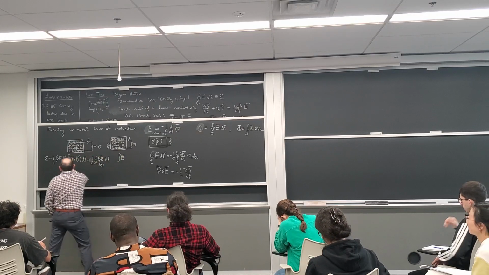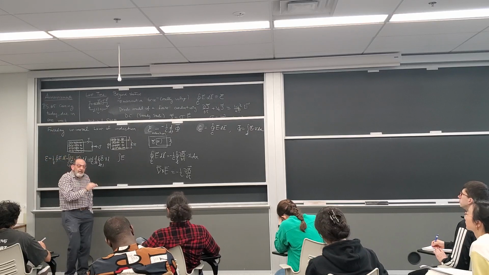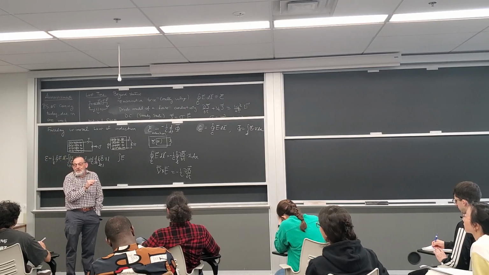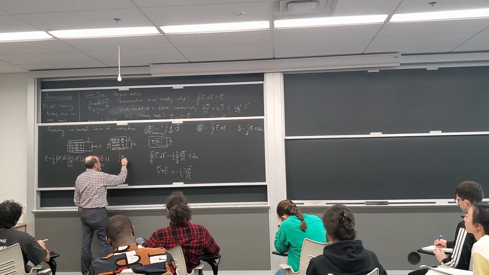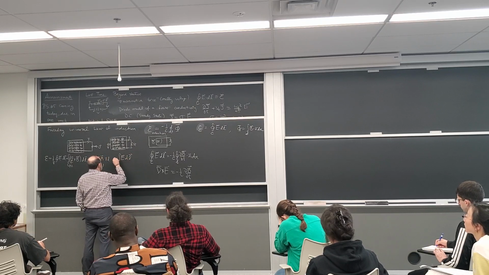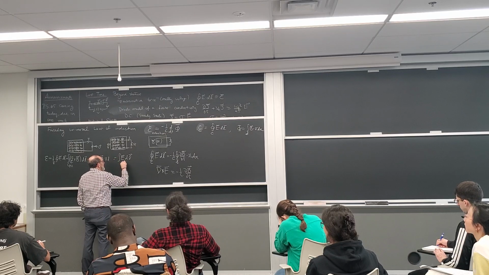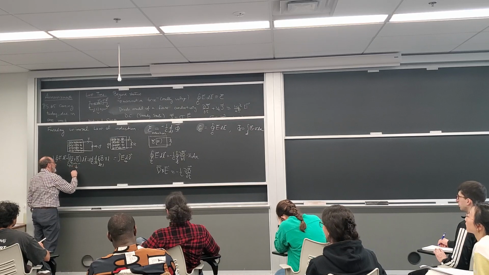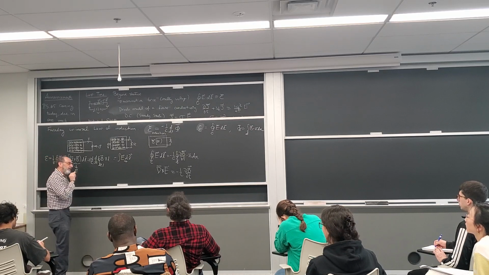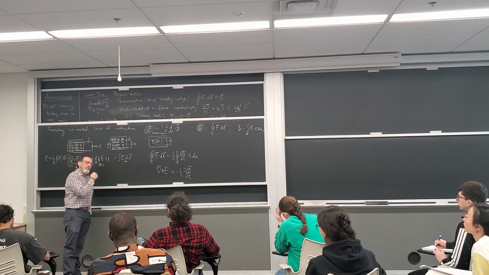So the force, the Lorentz force, can only be due to an electric field. Okay? And so this must be equal to, we learn from this, although this wasn't until Einstein,